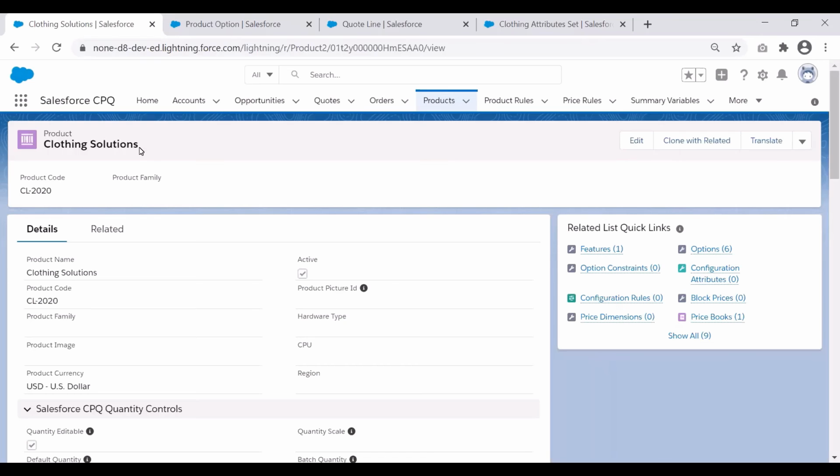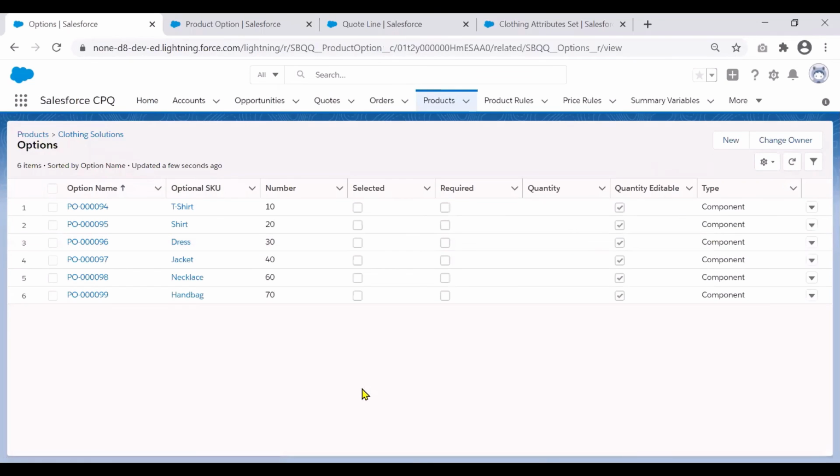So I'm on my bundle product, clothing solutions. I already have my options created. If you notice here, I have t-shirt, shirt, dress, jacket, which are clothing product options, and necklace and handbag, which are not directly related to the clothing. And we are only interested in adding our color and size to the first 4 items here, which are related